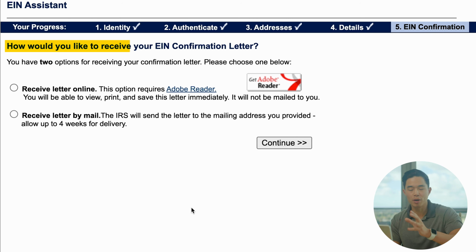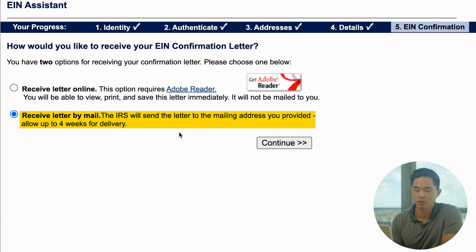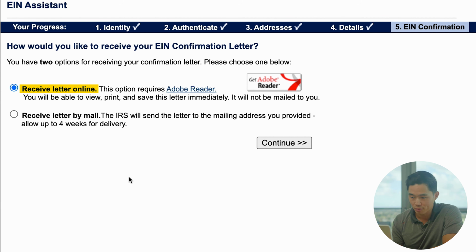And finally, it's going to ask you, how would you like to receive your EIN confirmation letter? So I always just get it online since that's a lot faster. But if you do want to receive a letter in the mail, you guys can absolutely check this one. Just know that it can take up to 4 weeks for delivery. So for most of you guys, I just recommend receive the letter online right now, and that's going to give you your EIN immediately. After that, I'll click continue, and then I'll immediately have access to the new EIN I